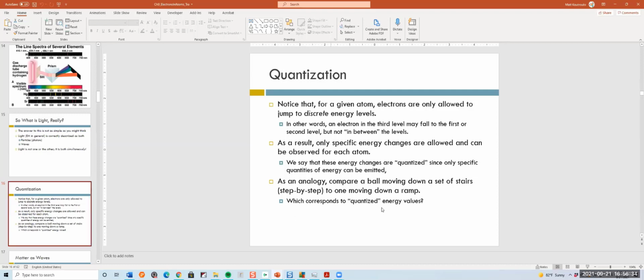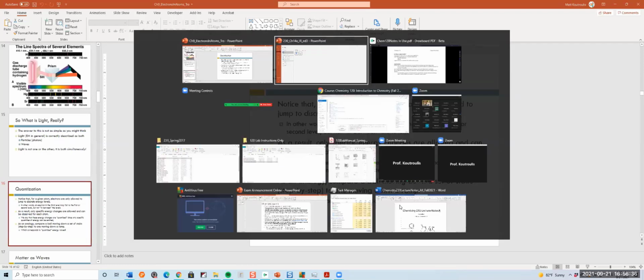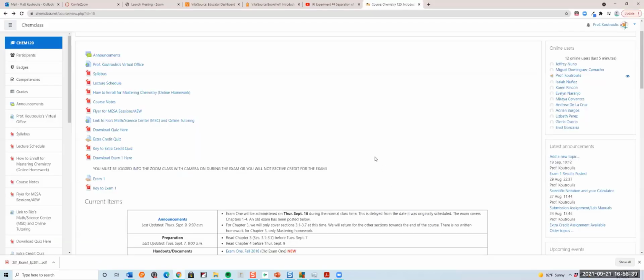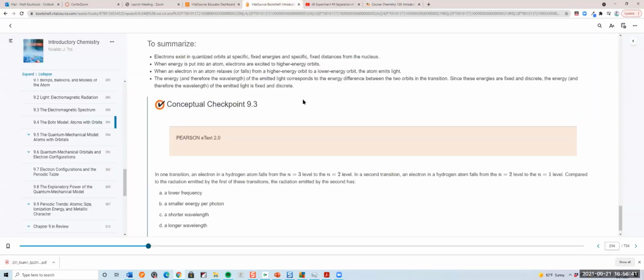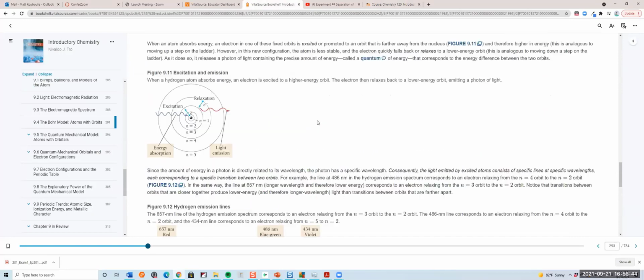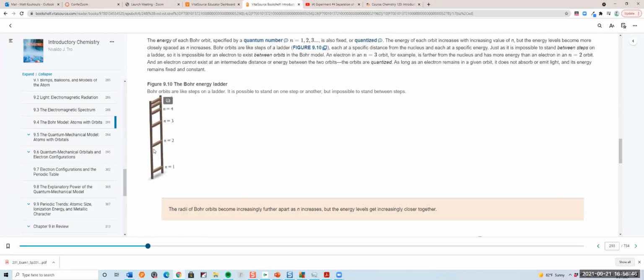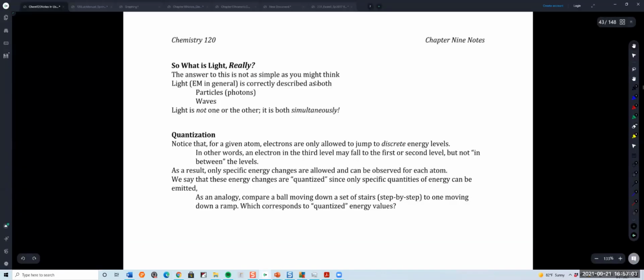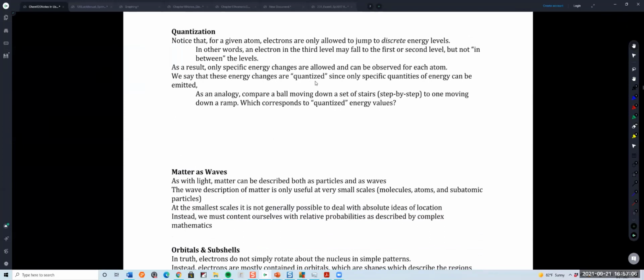So, as an example, the book gives a good analogy. The book talks here about this kind of like a ladder. So electrons can be at the first level, the second level, or the third level. There are only so many levels. They can't be at all in between. It's also kind of like, I think, a ramp. If we look at a ramp, if I was to do this real quick,